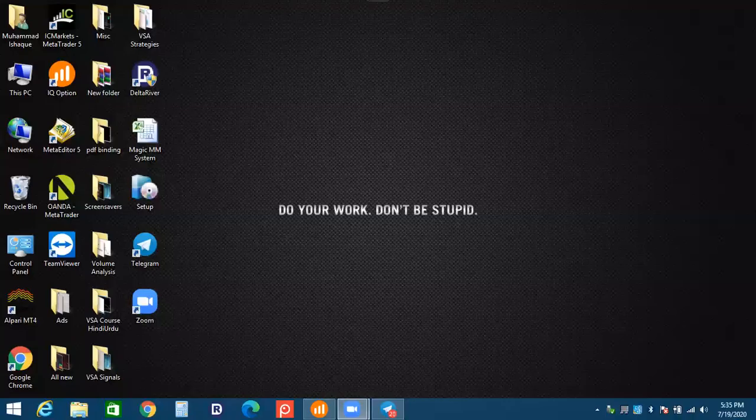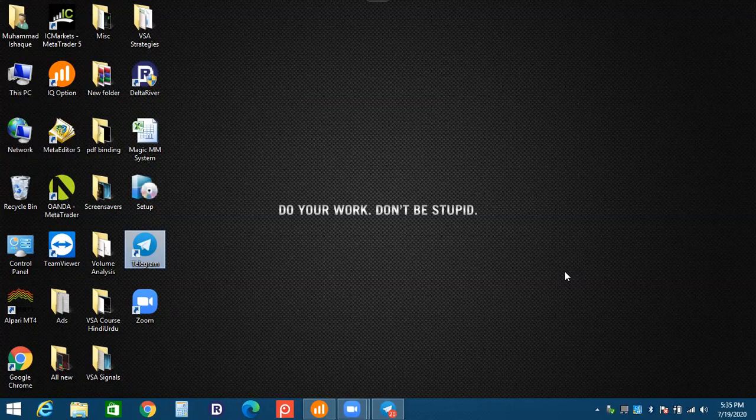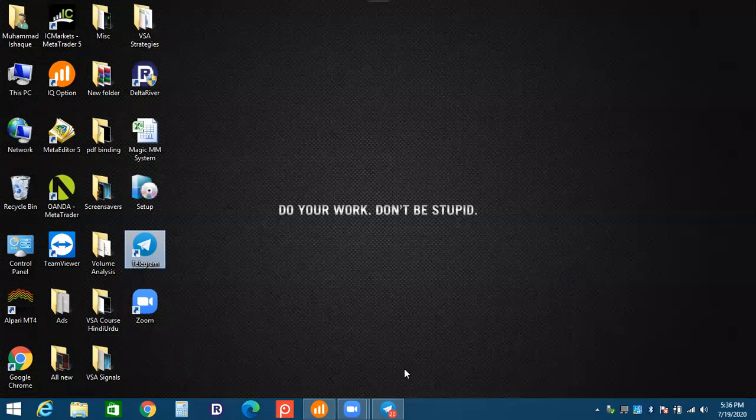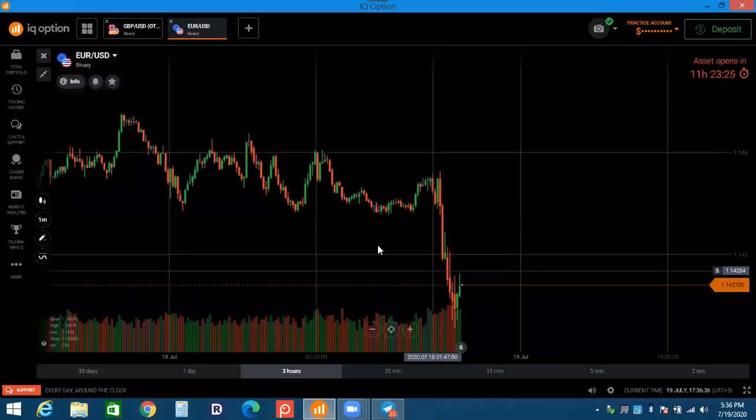Yes. This session is based on support and resistance. So when will support and resistance work, in which market? If the market is in a trend or in a range, how can we understand which support and resistance will work and which will not? It's very easy. To understand, I'm showing you the chart.